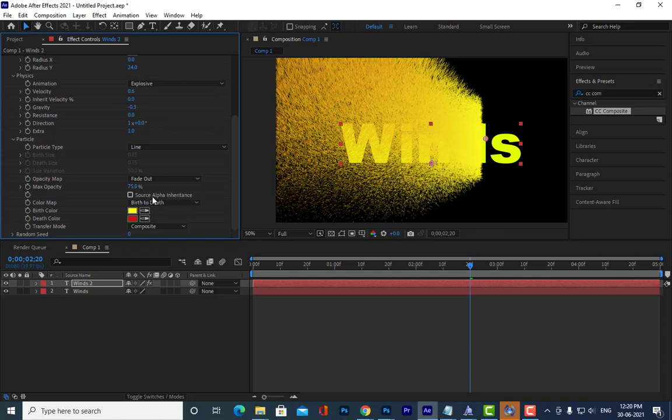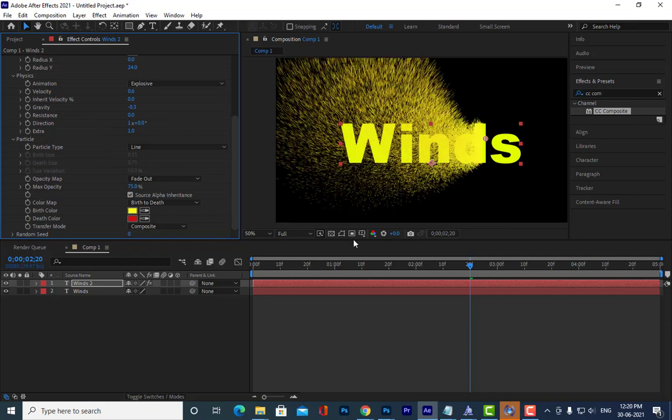Turn on this option, source alpha inheritance. So what will happen is these particles are going to emit only around the text, only within the limit of the text. Are you able to understand?